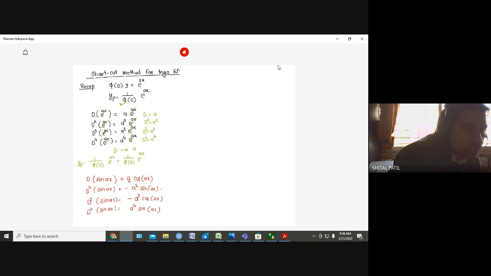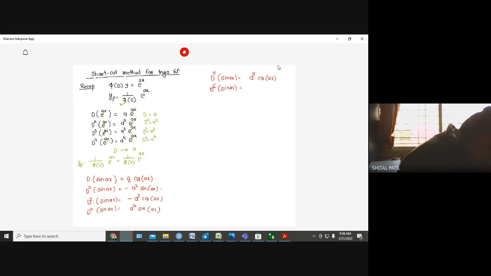Let me continue on the next page. If I take the fifth derivative of sine of x, what will it be? That will be a raised to 4 as it is, then the derivative of sine is cos of x, and then the derivative of x is a, so it will be a raised to 5. If I take d raised to 6,